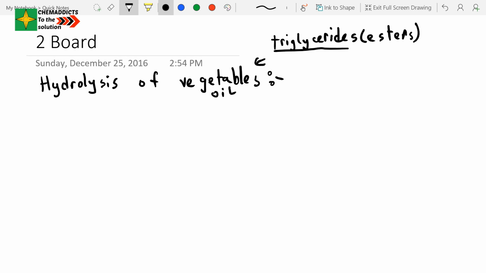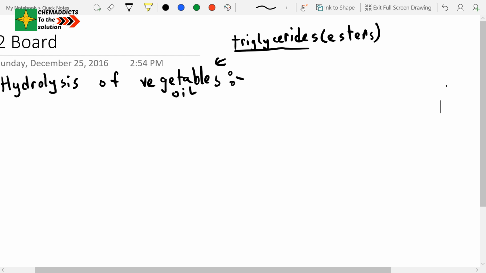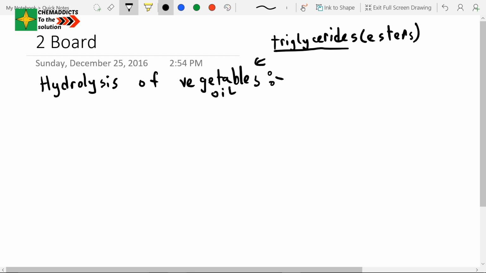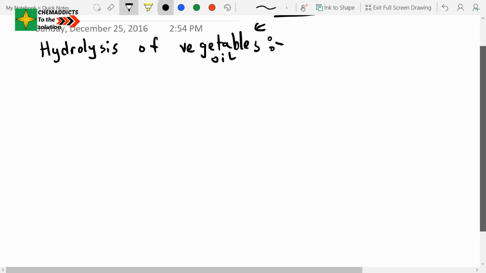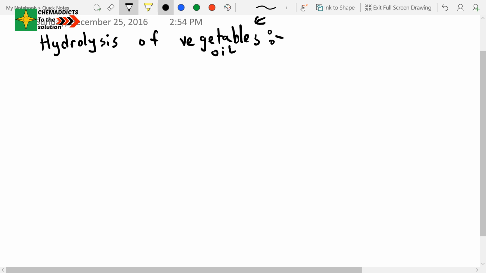Now let us draw the structure of glycerides. Now let us write the structure of vegetable oil, which is triglycerides. So the structure for triglycerides is this: